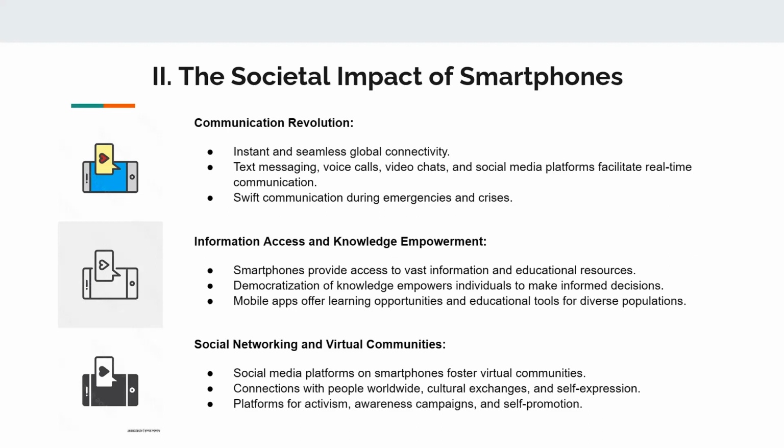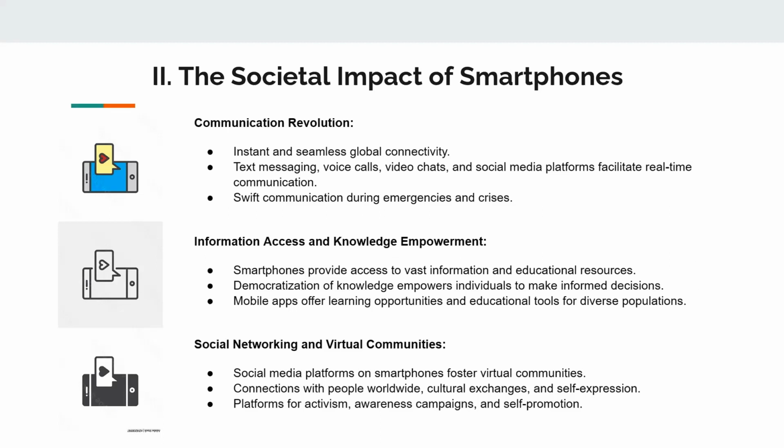Moving on to information access and knowledge empowerment, smartphones have become powerful gateways to information and knowledge. With internet access at our fingertips, individuals can quickly access news, educational resources, and research materials. This democratization of information has empowered people to stay informed, make better decisions, and engage in intellectual pursuits. Additionally, mobile applications have provided learning opportunities, language tools, and educational games, making learning more engaging and accessible to diverse